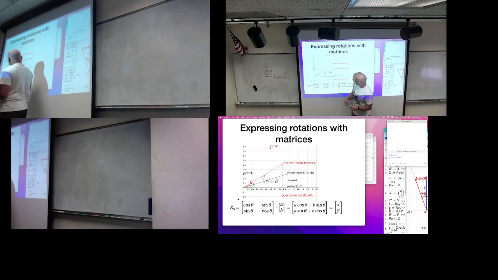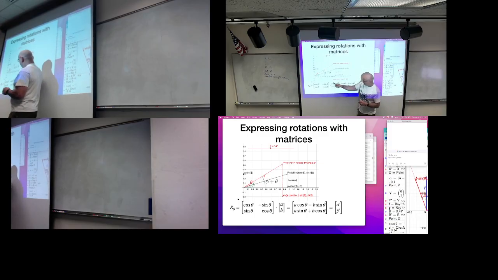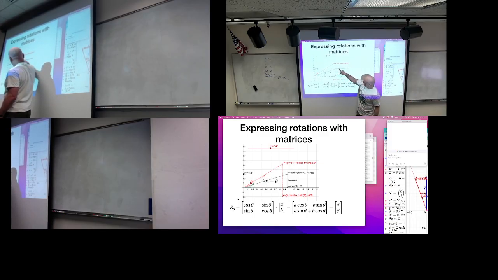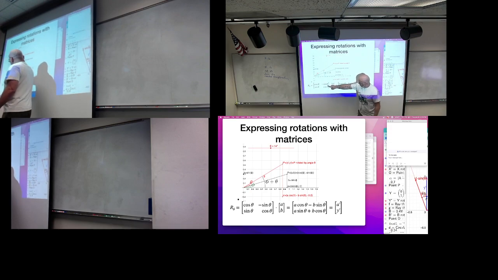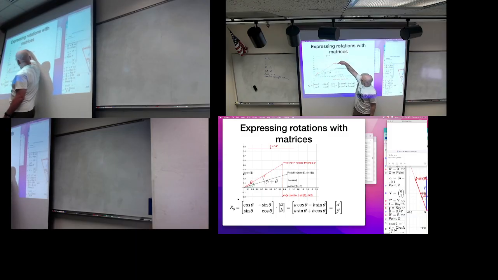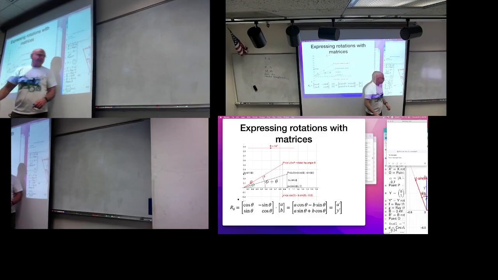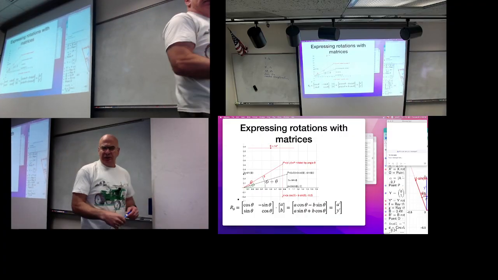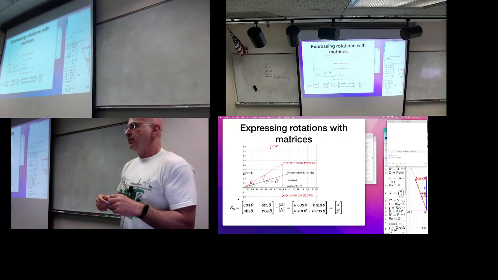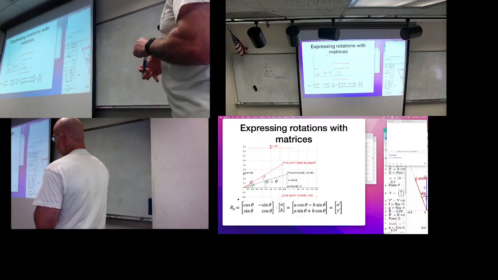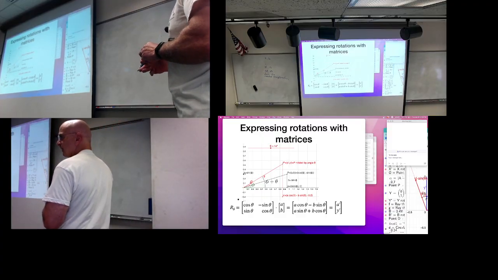Here is a multiplication matrix. I want to know the point AB. Where is this going to? Here is rotation counterclockwise by theta. The new AB, the new location of AB, that is x prime, y prime, would be: take AB and multiply by the matrix cosine, minus sine, sine, cosine. And just because I promised this course to be completely self-contained, let's remind ourselves how to multiply vector by